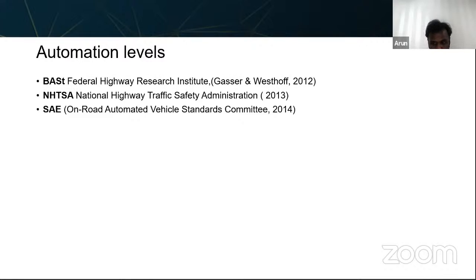But then people started to realize that we should have some kind of standards for these vehicles, because otherwise it might be hard if each manufacturer builds their own vehicles. That's where the standards started coming into place, and the Society of Automotive Engineers started to define the different levels of automation, and what features should support the different levels of automation.